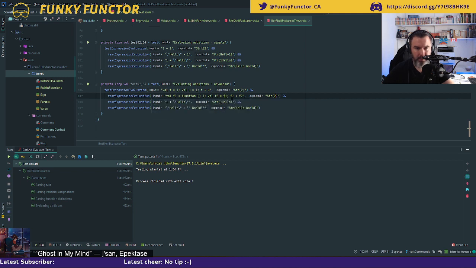Oh, so I need to call f1 without any argument because otherwise it's going to be searching for a variable and not for a function, and here I need to do the same. So yeah. Oh yeah.